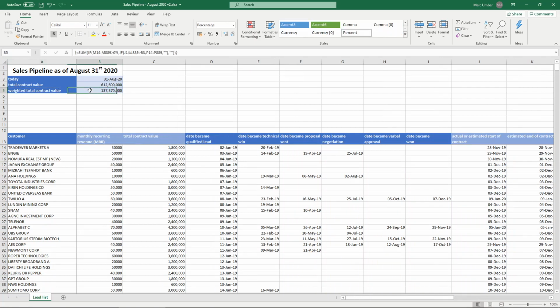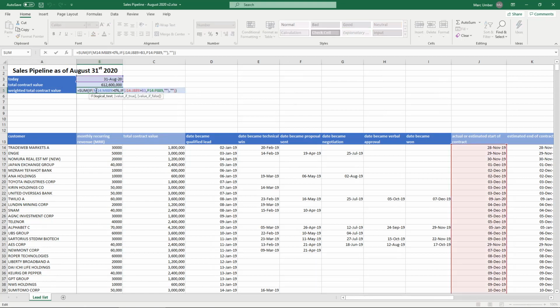For this, we go to cell B5, and we already have this formula provided by the management. And this is an array formula. We take the sum of the weighted total contract value, this is P14 to P889,